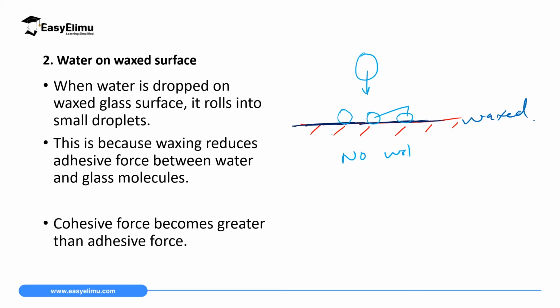No wetting the glass. So in this case, cohesive force is stronger than the adhesive force. And the reason why cohesive is stronger than adhesive is because the contact between the two molecules of different kind is small because of the smeared oil, and then the force of attraction between the molecules of water is strong because